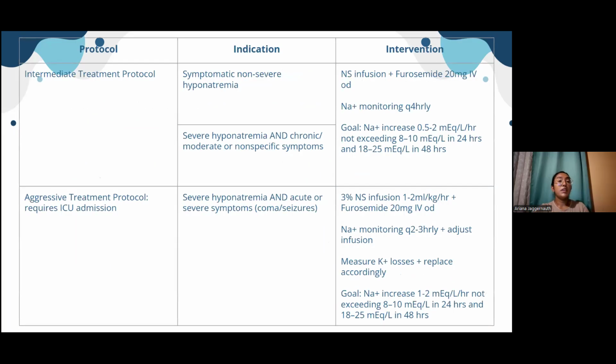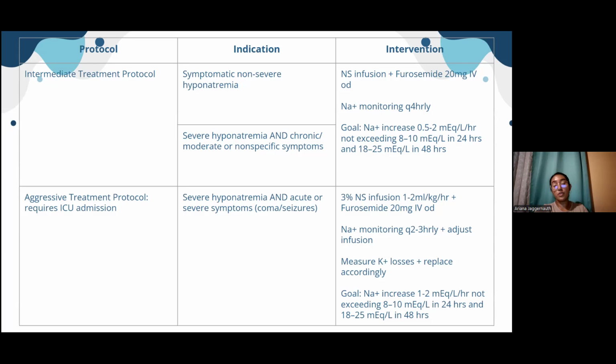So getting into the intermediate treatment protocol as well as the aggressive treatment protocol. Like I was mentioning before, the intermediate treatment protocol is indicated for symptomatic non-severe hyponatremia, or patients with severe hyponatremia and chronic or moderate or non-specific symptoms. So this usually involves 0.9% sodium chloride infusion with the use of furosemide 20 milligrams IV OD,